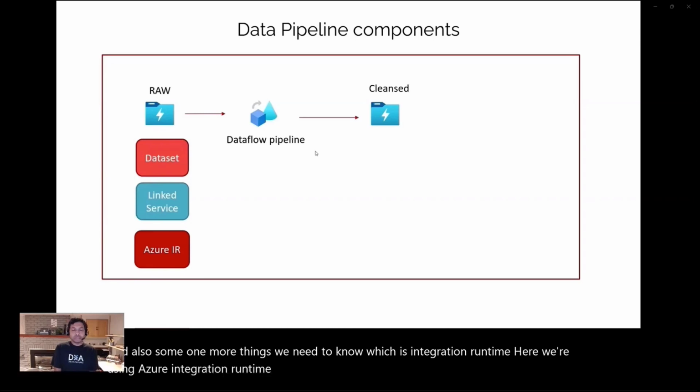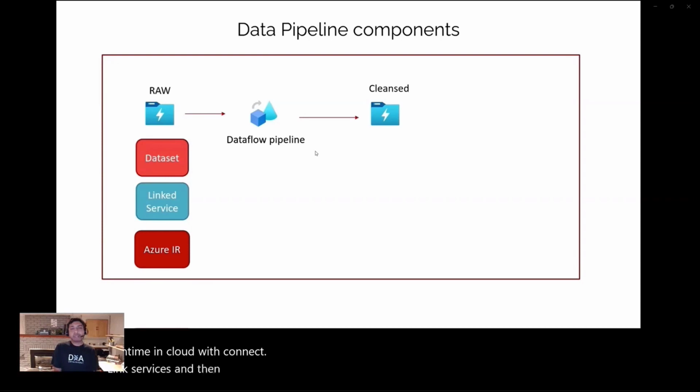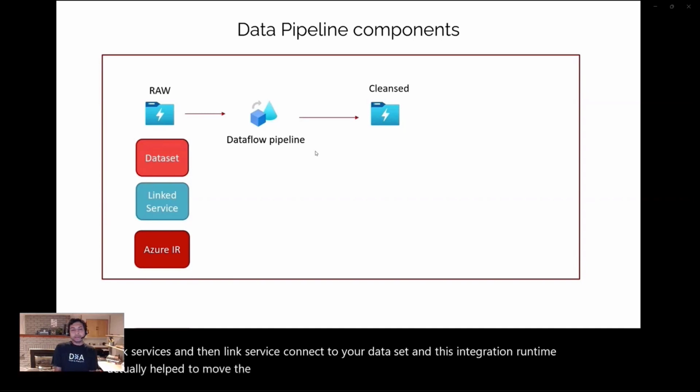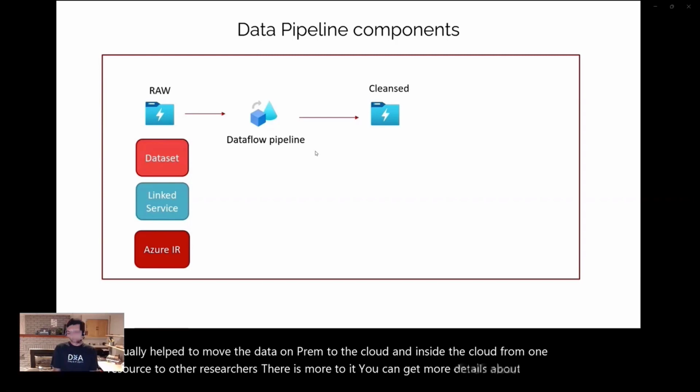Azure Integration Runtime is your runtime in the cloud, which connects linked services, and the linked service connects to your data set. This integration runtime helps to move the data from on-prem to the cloud, and inside the cloud from one resource to other resources. There is more to it. You can get more details about the integration runtime